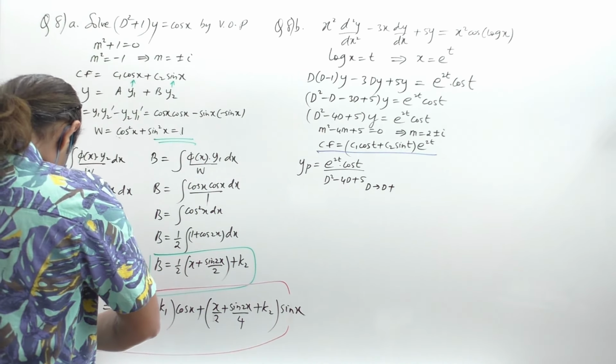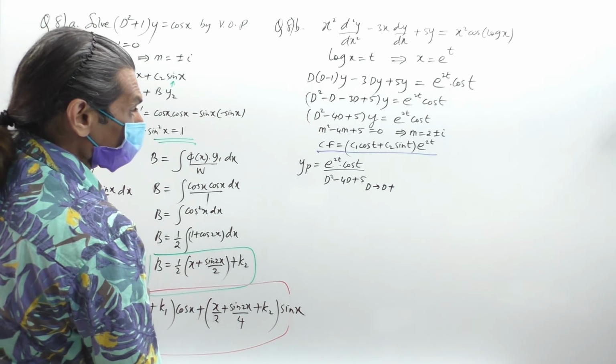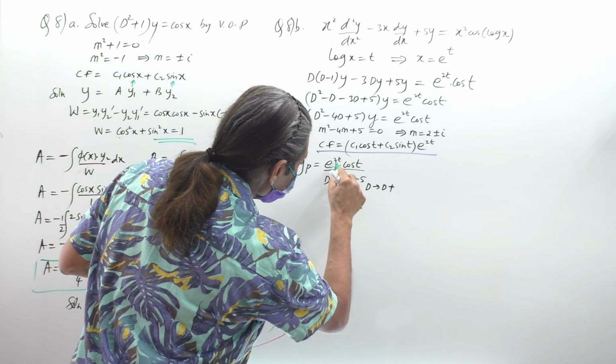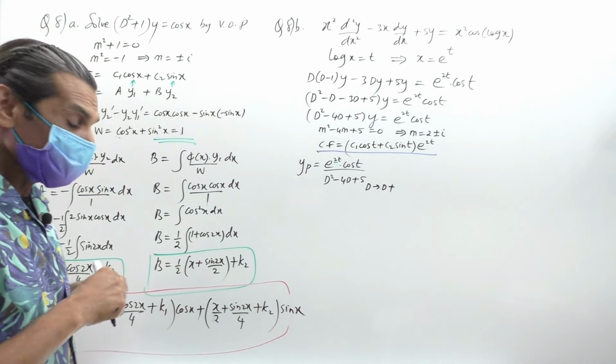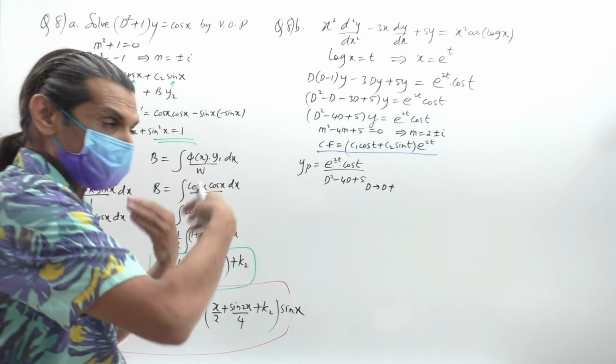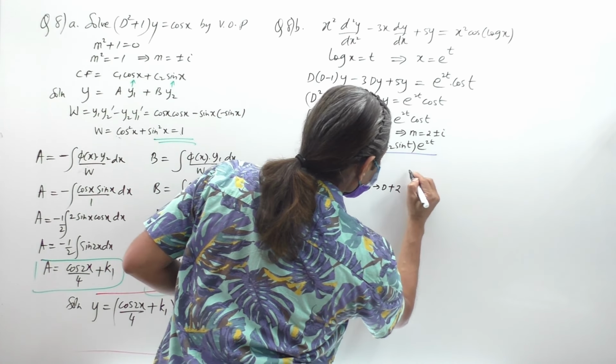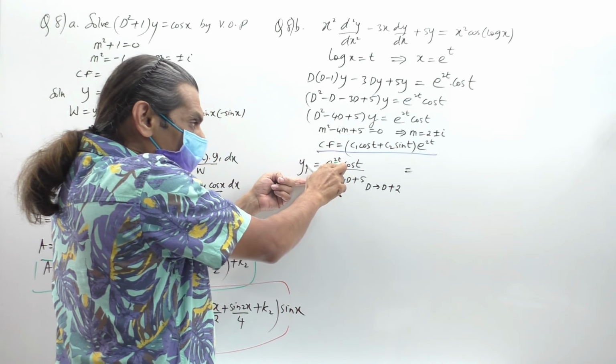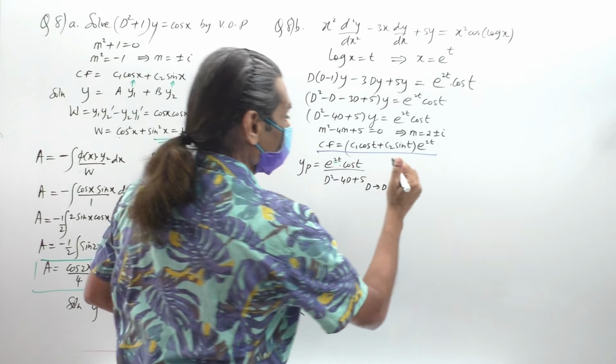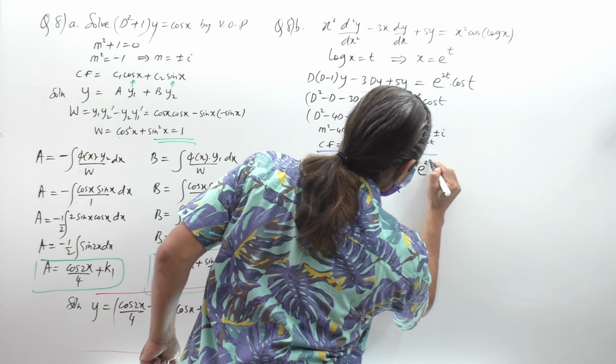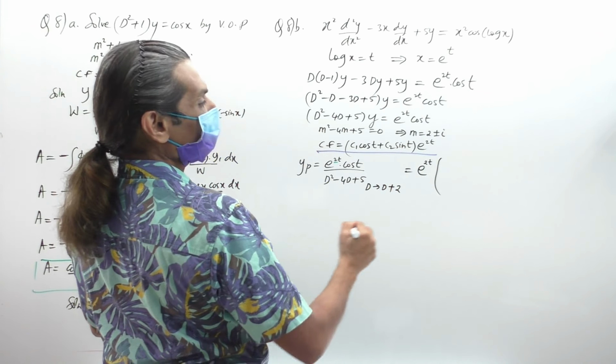Right here, I'll mention it here. We use this a. Which a? This a, 2t. Correct. So we use this and take it outside. So replace d by d plus 2. That means when I make use of this 2, I take it outside, and the remaining will be cos t divided by,